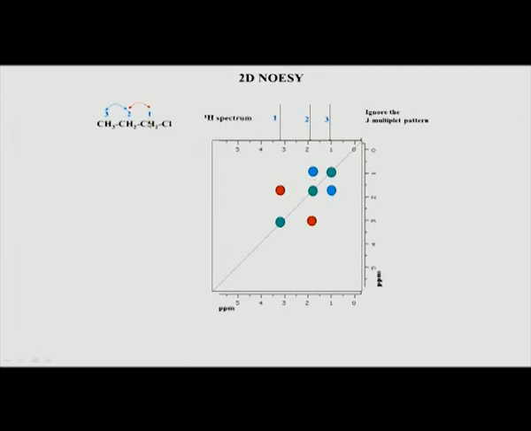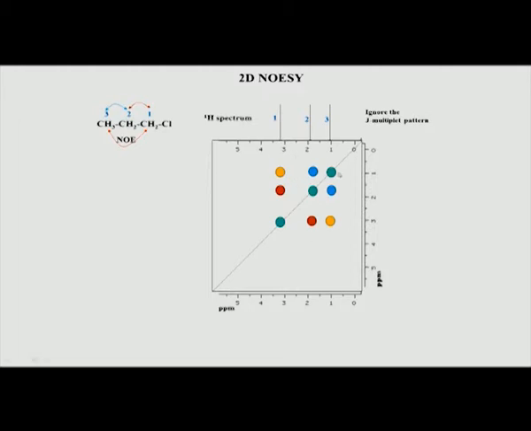Now, if you see 1 to 3, they also are not going to be far away, because if you look at the 3 dimensional structure, which we have not shown here, but if you imagine a 3 dimensional structure, this will also be within 5 angstroms. This is not very far away, even in the case of a real 3 dimensional molecule. So, therefore, I would expect an NOE between them, and that will also show up in the NOESY spectrum.